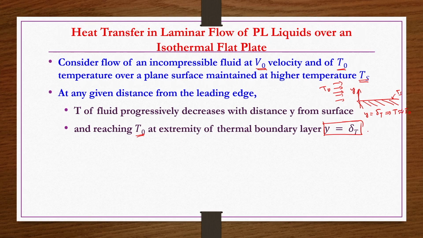So, that boundary in which the concentration gradients or temperature gradients exist, we call a boundary layer flow, and that is also changing in the x direction, a function of x, that is the flow direction. At the leading edge the boundary layer thickness is 0, and as x increases the boundary layer thickness increases, whether it is the momentum boundary layer or the thermal boundary layer. That is what we have seen.